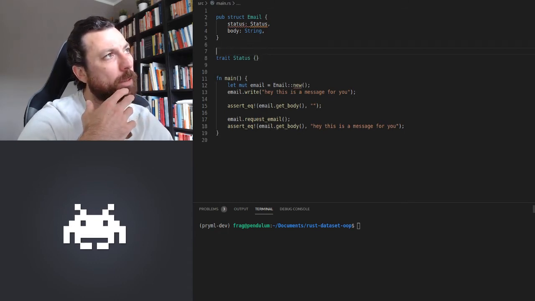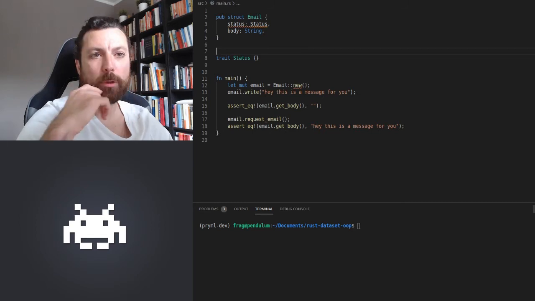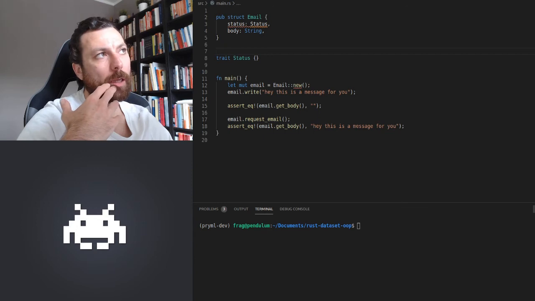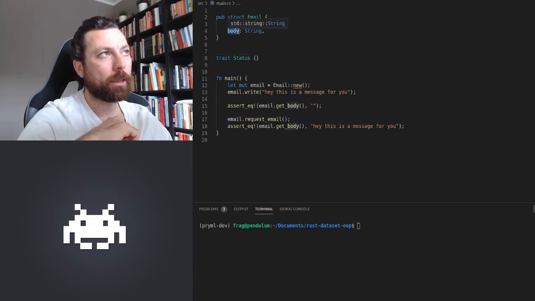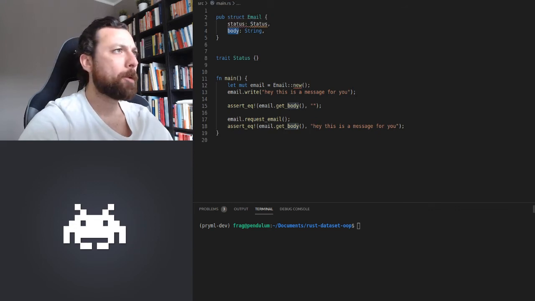So the thing is that the status can be multiple things. So an email can be in different states. It can be a draft. It can be opened, a requested email, for which the body, you know, can be read or not, depending on in which state we are. So if you look at main,